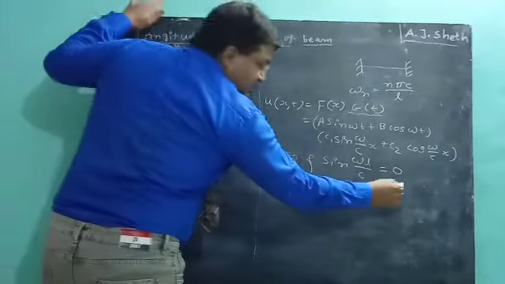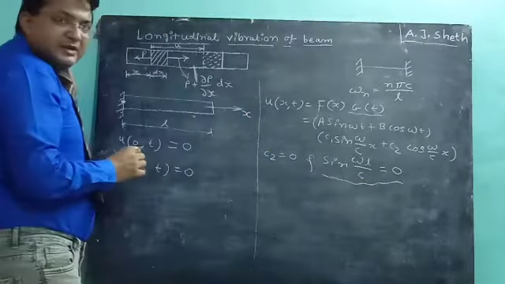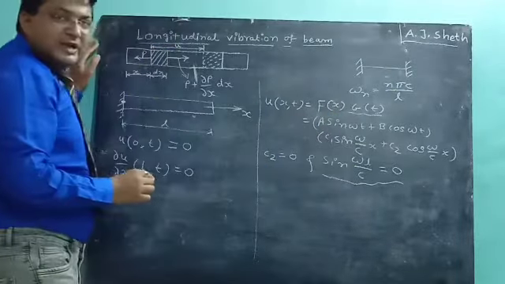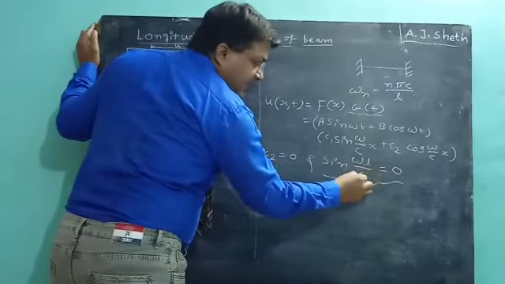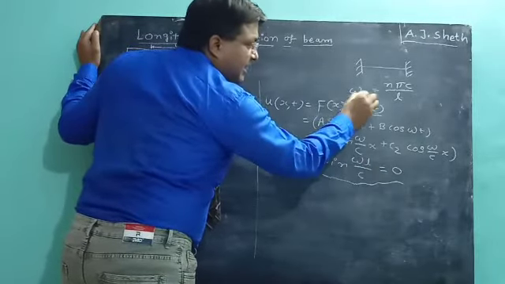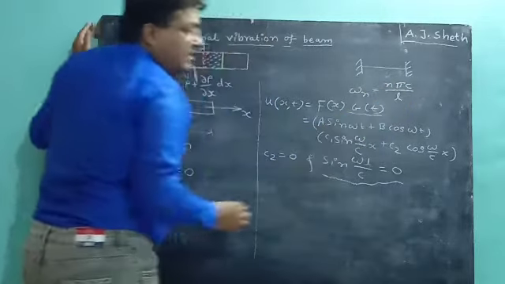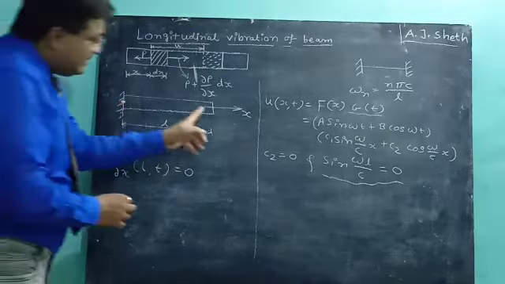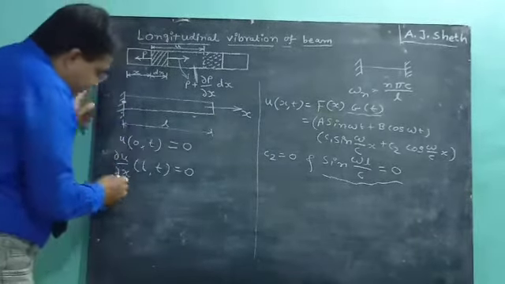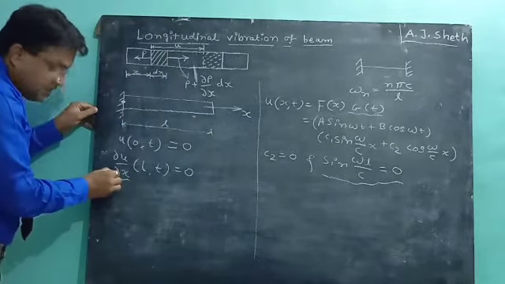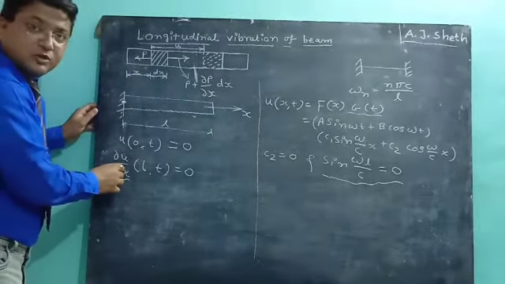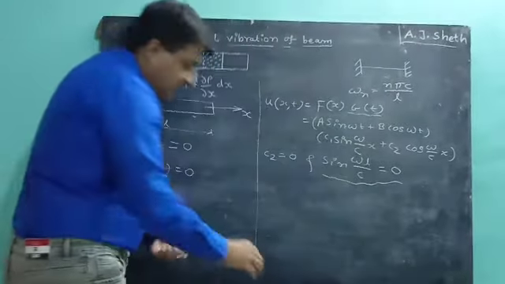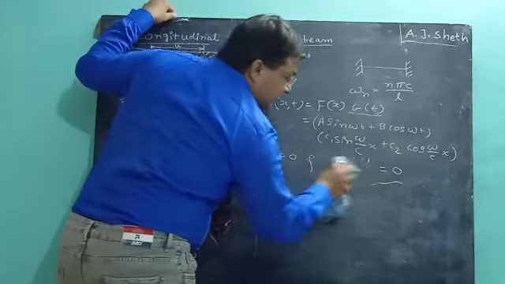Now here this second term was present when both ends were considered fixed. That's why we are getting omega L by c equal to pi and finally omega n equal to n pi c by L. But here the condition is different. One end is fixed and the second one is free. That's why we need partial differentiation with respect to x. So we are supposed to differentiate this equation with respect to x for the second condition.